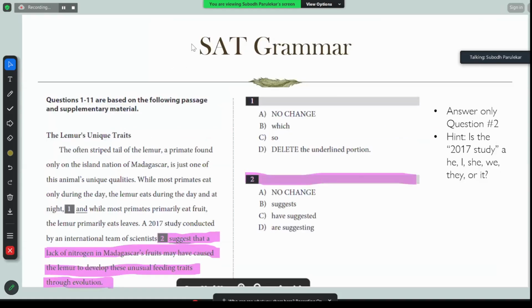So SAT, I believe it stands for Scholastic Aptitude Test. Let me check real quick. I'm pretty sure it is Scholastic Aptitude Test, but the test is a standardized test that we use predominantly in America. So it is used around the world, but in America, we use it to apply to college. Because here we don't just have one entrance exam. Here we have the SAT test, and then we have our extracurriculars, and we have to write essays.